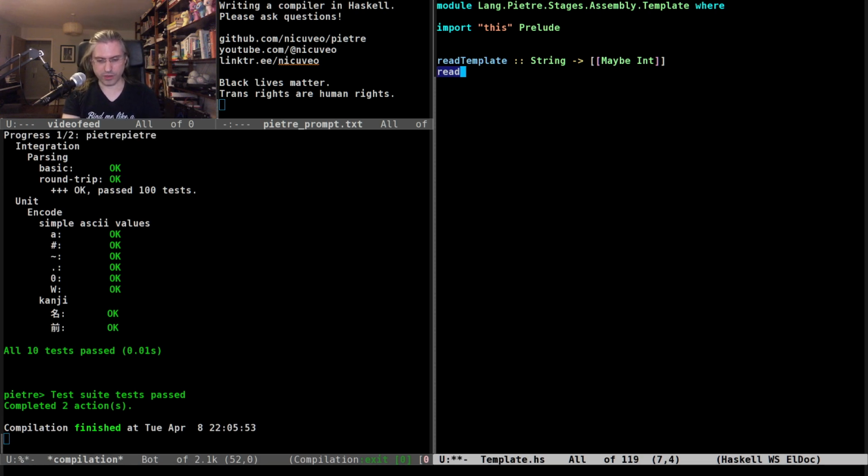So reading a template given some string s is going to be decomposing it into lines. And then for each line, map, translate, I guess. I can just even remove the S here.